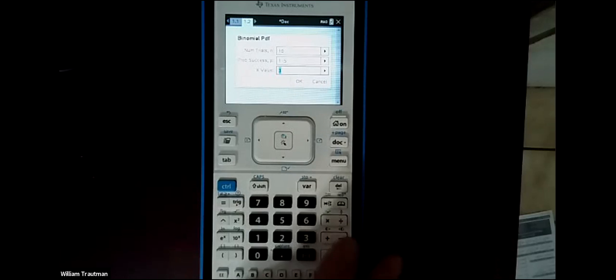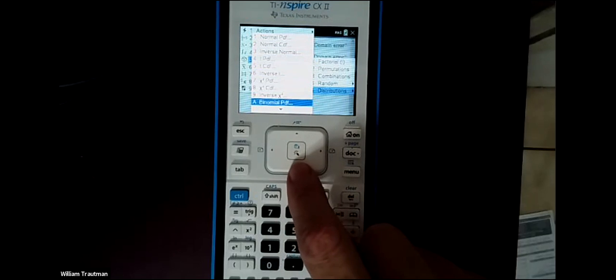I'm going to put 1 divided by 5 in the probability. And then the number of successes we want is 3. So this does all the work for us. 10 trials, probability is 1 divided by 5 of a success, and then 3. And so now when I hit enter,